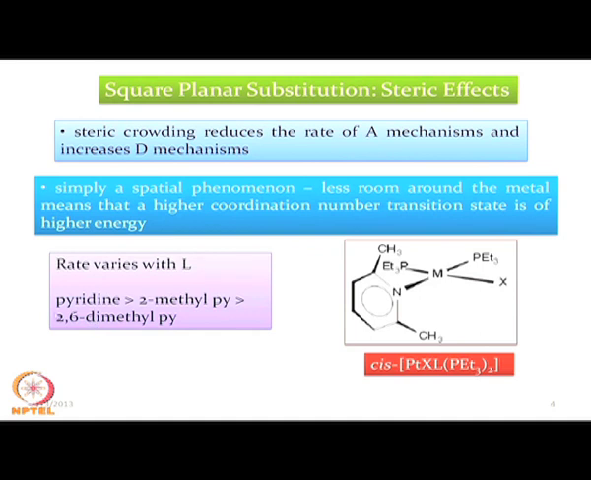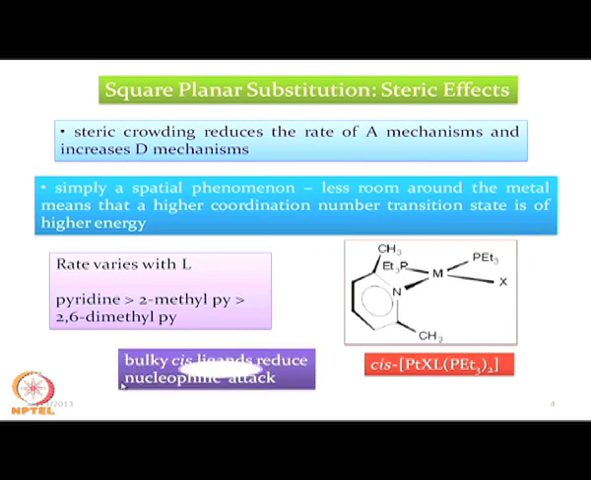So, the rate is highest for pyridine and lowest for 2,6-dimethyl pyridine for this substitution reaction. So, steric crowding definitely plays an important role, and we can put some bulky cis ligands. If we put bulky cis ligands around it, that will reduce the nucleophilic attack. So, definitely the nucleophilic attack will not take place on this X and